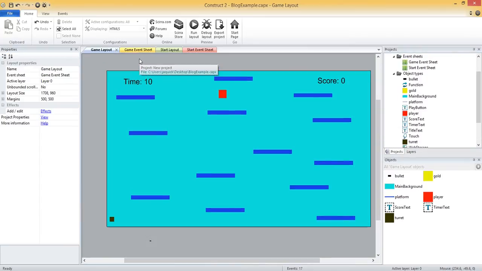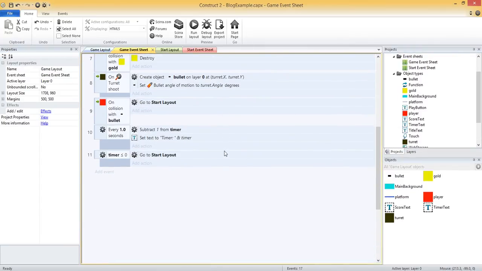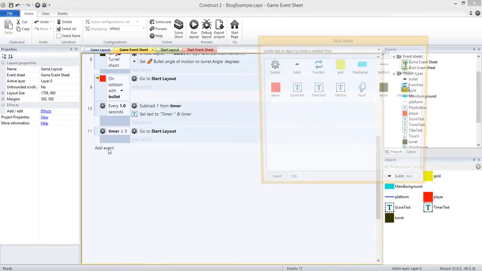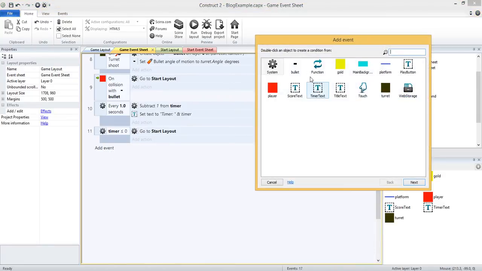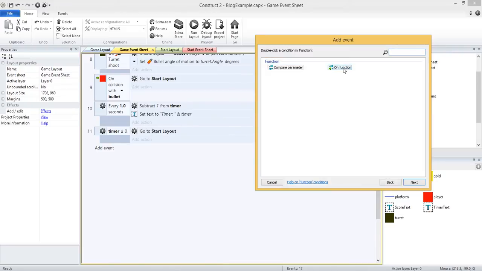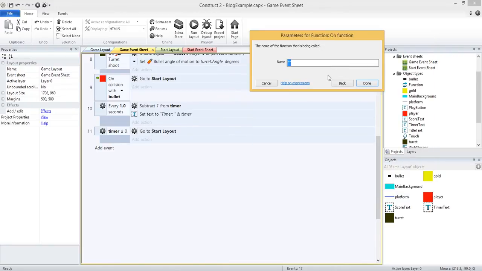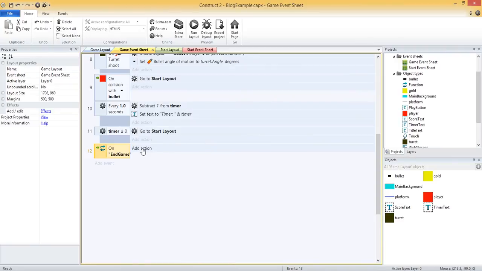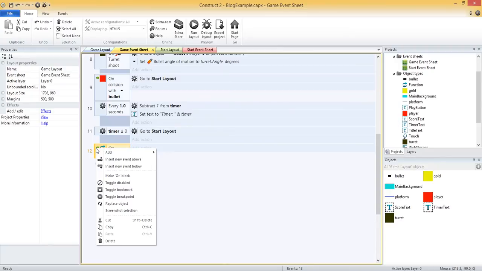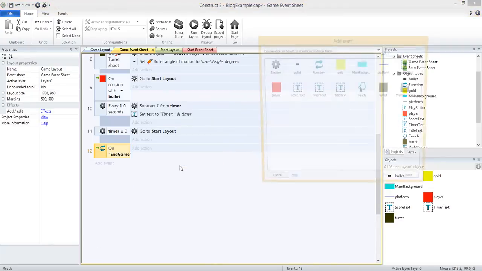And then we want to go back into our event sheet and come down to the bottom and add event and choose function. And then on function, so this event is when this function is called, and we're going to call it end game. Done. And then this is where we need to add the logic to update our high score if our local score, our current score, is greater than the high score. So let's right click and add another sub event,